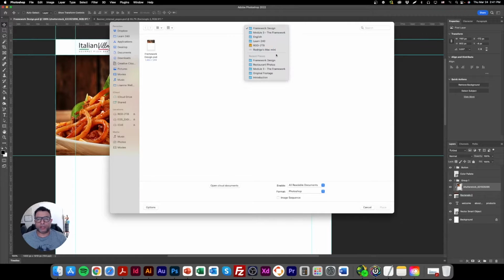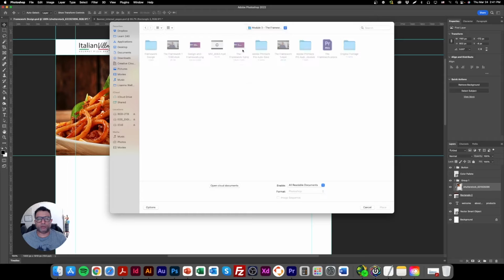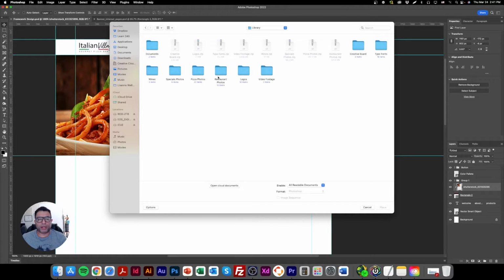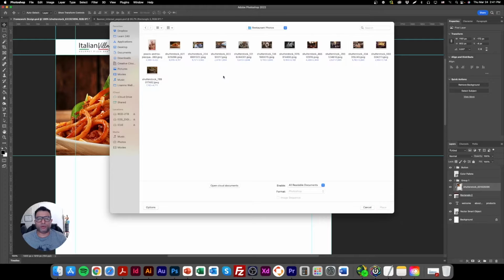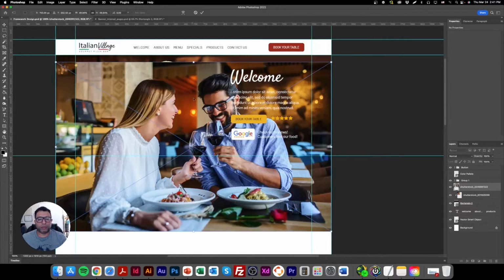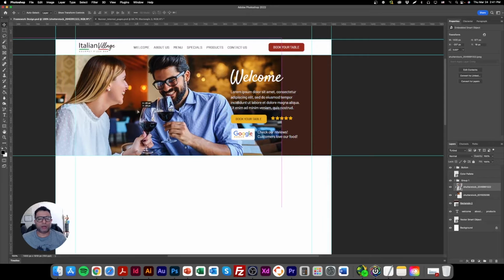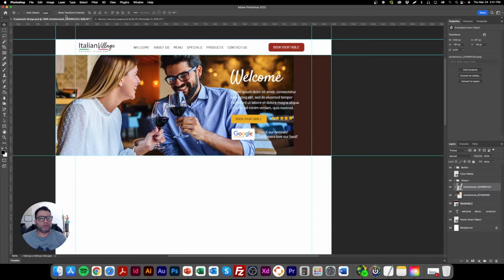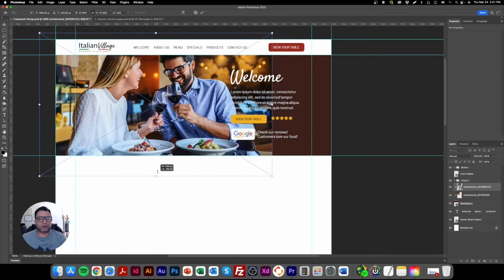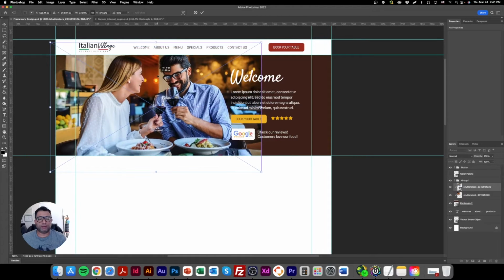Let's go here in module 3. Let's go to our library and let's go with restaurant photos, and let's add a picture of a couple. Why not? Let's add a picture of this beautiful couple here having a good time in our restaurant. All right, so this is another type of approach. This is a couple having a very good time